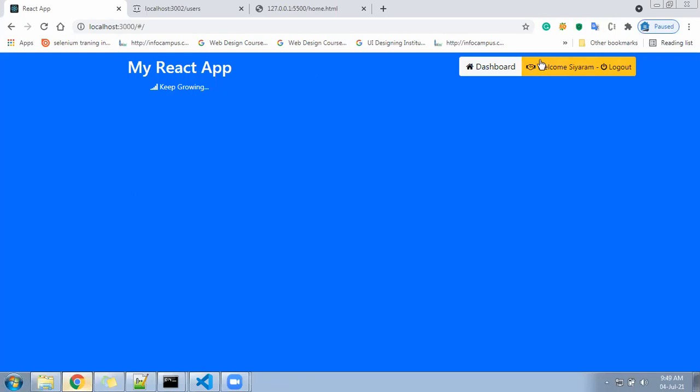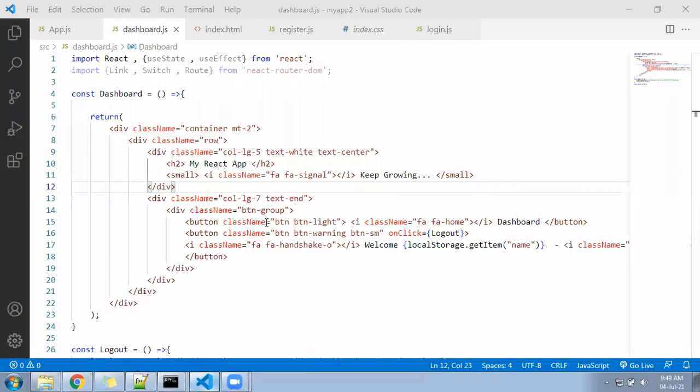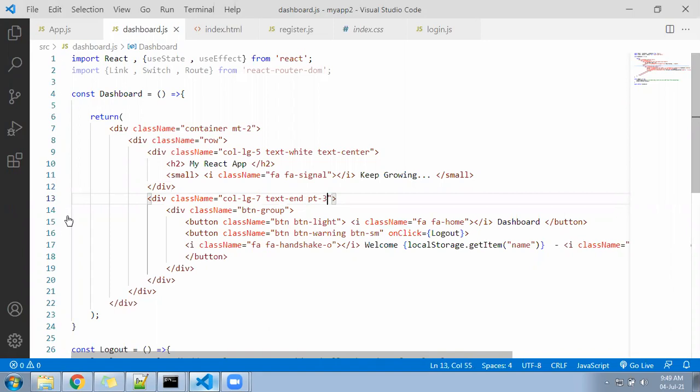Here we can give a little more space from the top. In the col-lg-7, you can write pt-2 or maybe pt-3, padding top 3. So the button on the right side will be a little down and it will be in the same line. Here, pt-3.